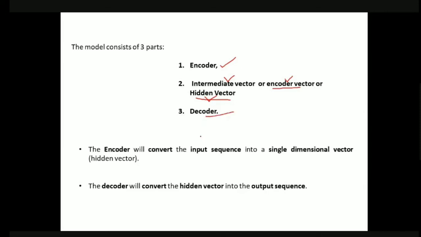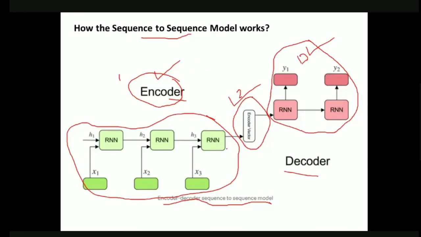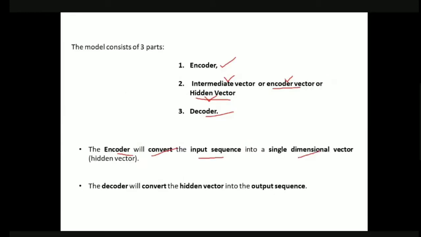Now what does the encoder do? We provide the input sequence to the encoder, right? The encoder is going to convert the input sequence into a single dimensional vector. If you see here, this is our encoder. This input sequence will be converted by the encoder into a single dimensional vector.